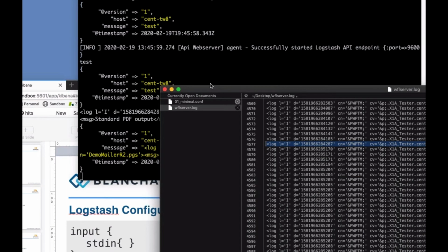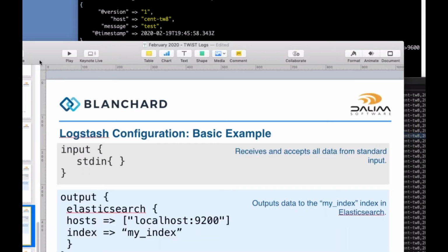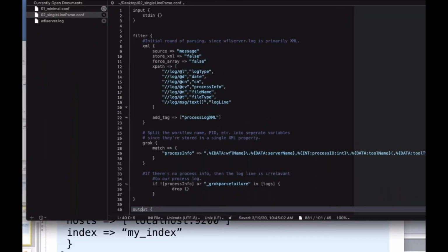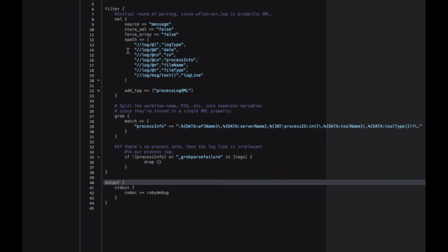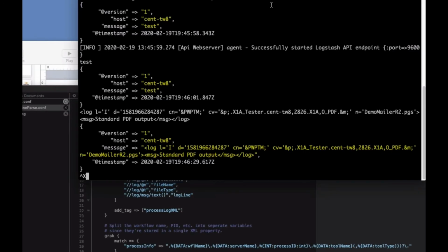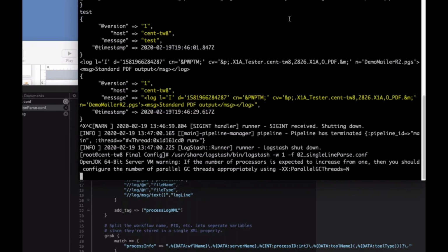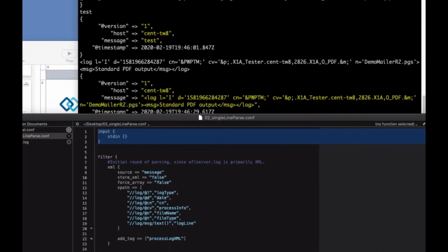So what I'll do instead is I have a second configuration here that's the very basic start of getting this parsed into a more readable format. So we're still dealing with, and let me start this before I go over this because otherwise I'll just be waiting for it to boot up. So while that's cooking,